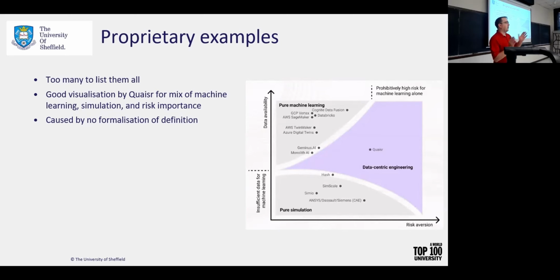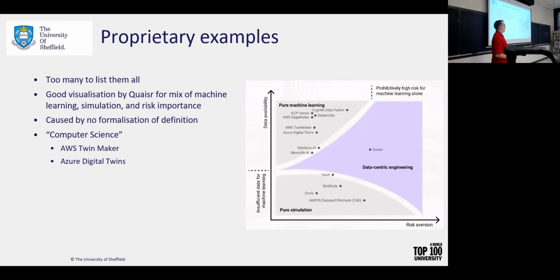So digital twins fall into two main specialties. It can either relate down to machine learning, so things like AI and other machine learning techniques, or it can be simulation. So finite elements, computational fluid dynamics, things like that. The reason for this is because there is no formal definition. Because there is no definition, it's really hard to specify the type of digital twin it can be. So we have these up here, which is what we call mainly computer science focused. They're doing machine learning, they're doing AI stuff.